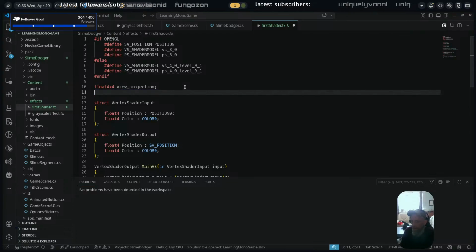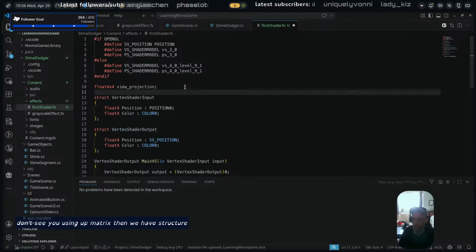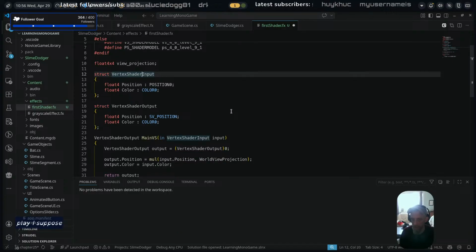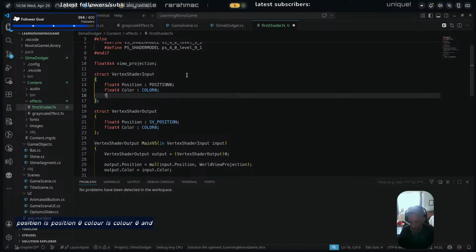Then we have vertex input. I suppose we can just leave it vertex shader input. That's fine. Position is position 0, color is color 0, and apparently we also need a float4 called